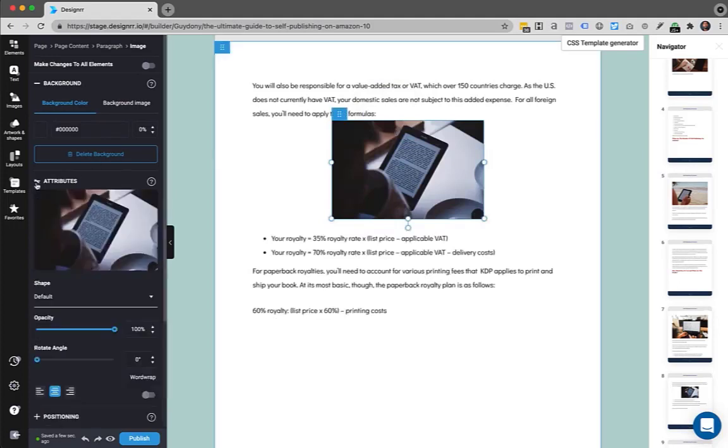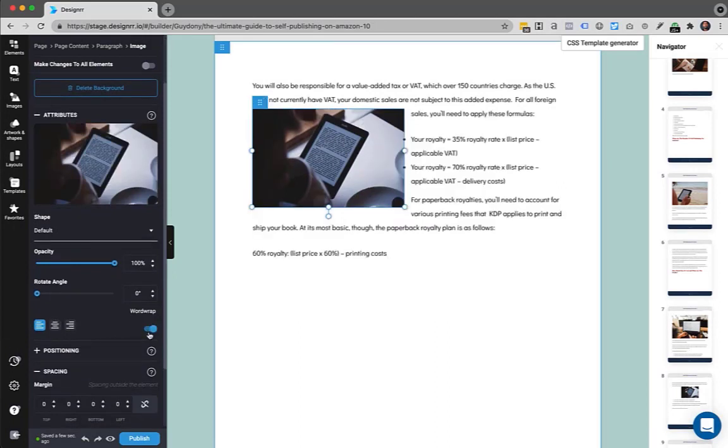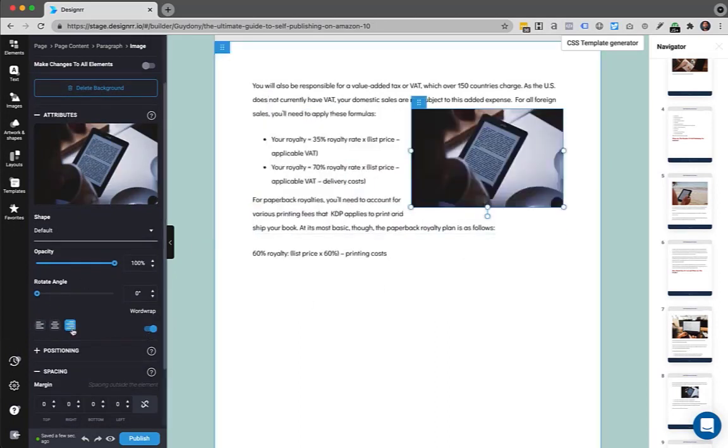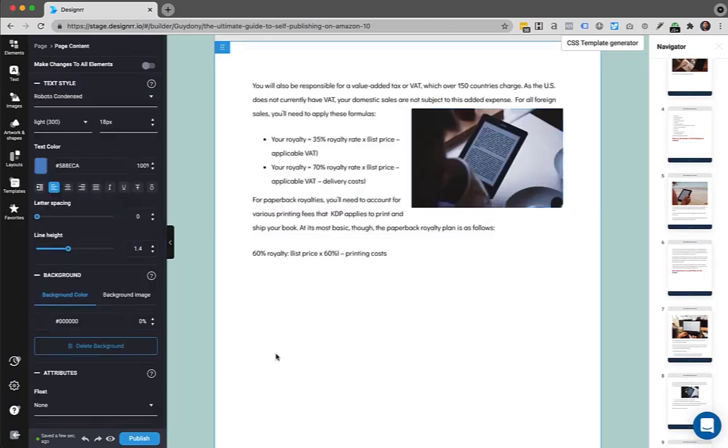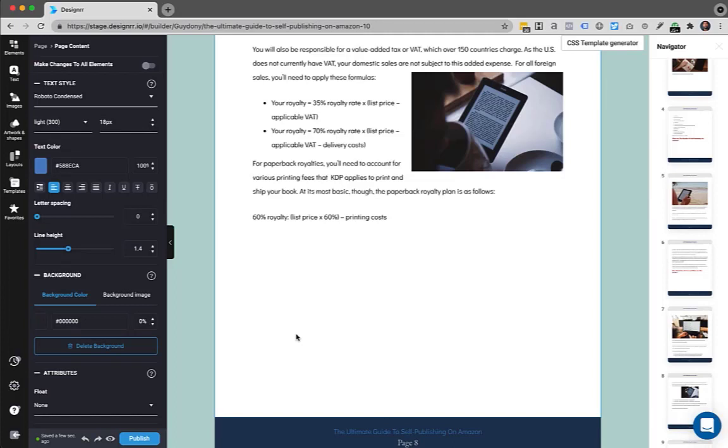So the word wrap controls are on the left hand side under attributes, and if you click on word wrap you can see that now it's wrapped throughout the actual text. Of course, just clicking on the right justification will change the position. But here's a key point where if you now want to have an image that's not locked to the text